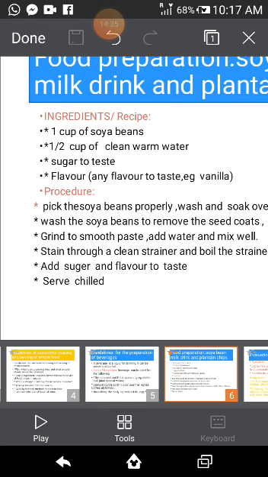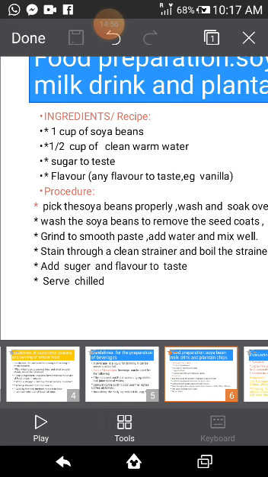to reduce the raw taste. When you are boiling it, you notice it's foaming. Don't just put it on fire and go away. Stay around, stir it so that it will not pour out, because it will be foaming until the foam reduces. When it stops foaming, you know it's now ready. You put it down